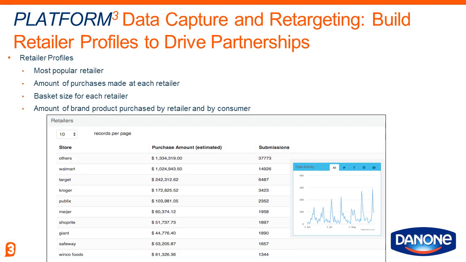So for example, we are going to gather deep data on receipts, on consumers, receipt basket data as well. So we will know the most popular retailers, the most popular products, how much consumers are spending. We even have an image of every single receipt as submitted by the consumer. So we could do some receipt basket analysis to learn about the products that consumers are buying when they buy your client's products.